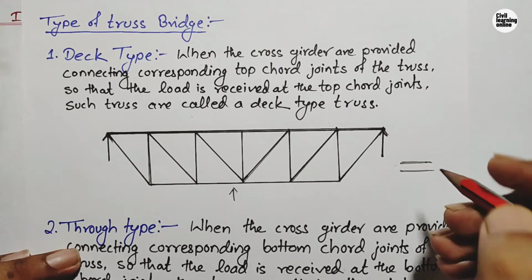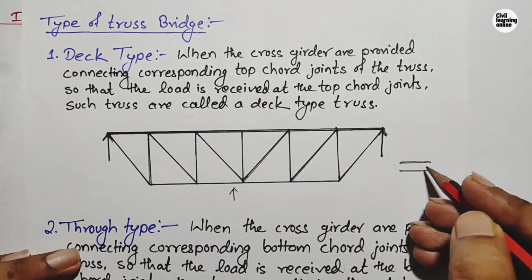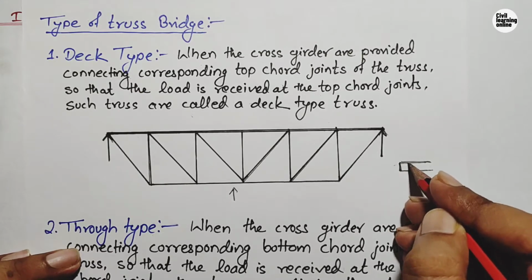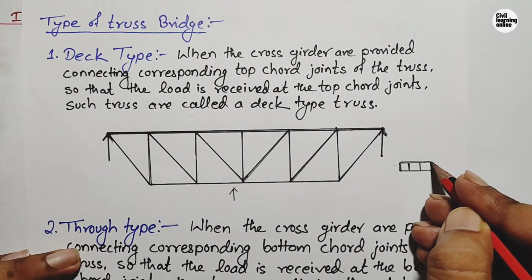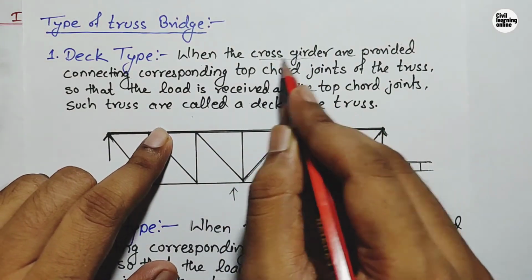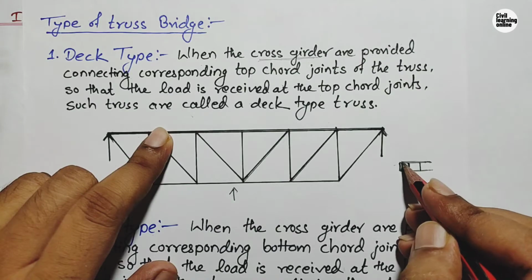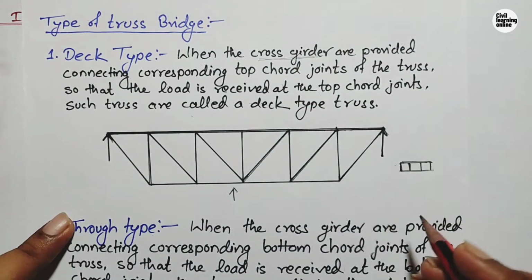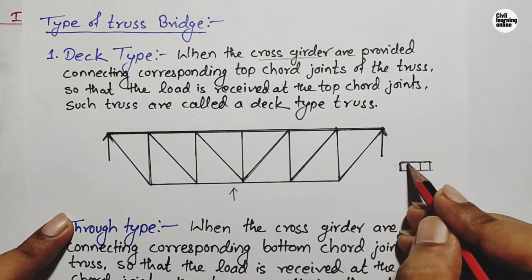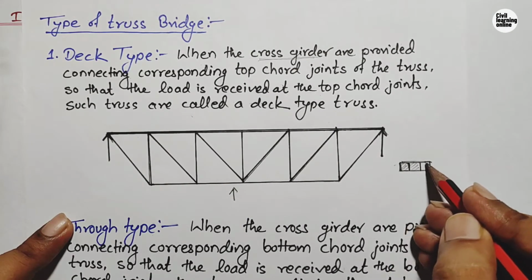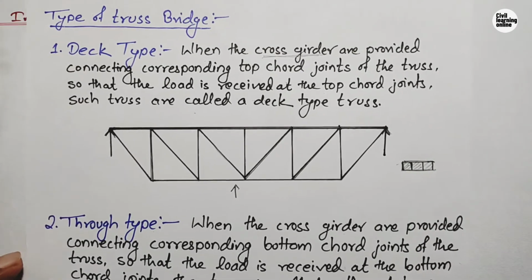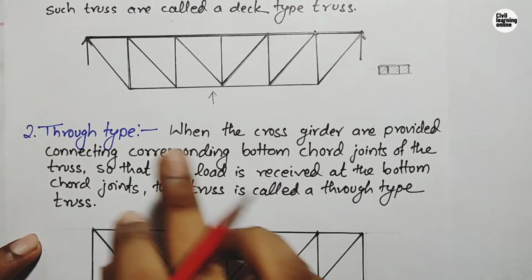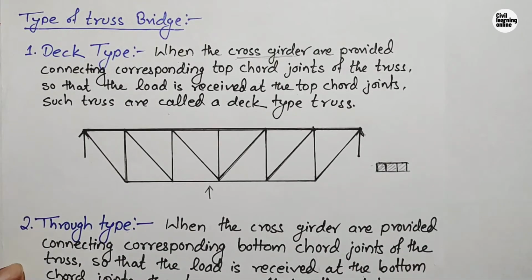And when we watch from the top view, you will see that these trusses are covered with a panel, and then the panel is supported on a beam type member that is called the cross girder. The beam connecting the two trusses is called the cross girder, and on those girders panels are provided, and the panels may be wooden panel or metallic panel. It is up to the designer. And the second type of truss is the through type truss, and let me discuss further.